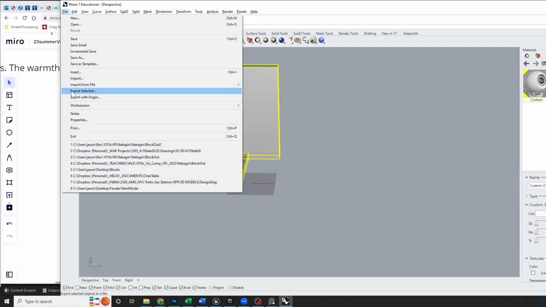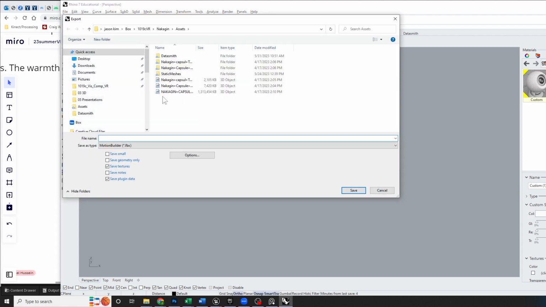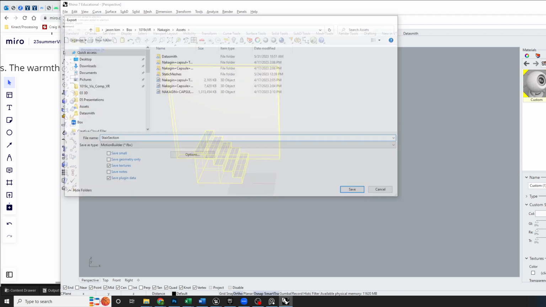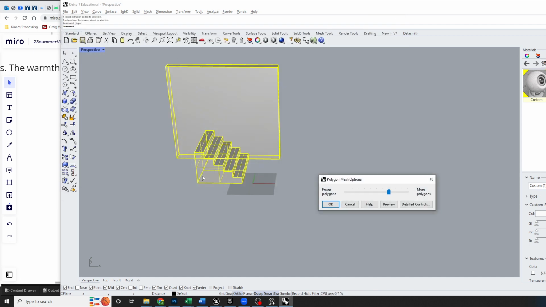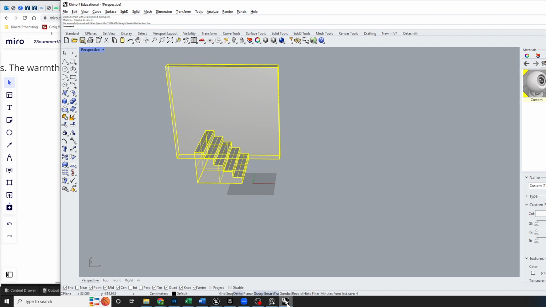So I can give the stair and the wall separate material. And now I'm going to export this FBX file, stair section. Okay. To preview, I can probably way reduce the number of polygons. Okay. So now in Unreal,